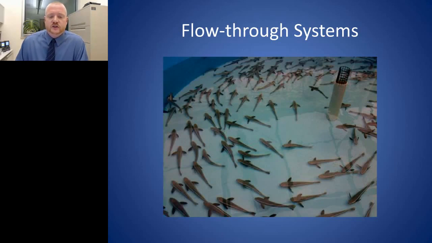This is a picture of a classic flow-through system. There'll be a video after this slide I'll show you. But in this particular picture, you can see these are juvenile cobia that are probably, if I had to guess, a couple of months old. And they're swimming against the current. As you can see, they're all kind of pointed in the same direction. The white PVC in the center is the standpipe, and what that does is that controls the depth of the water. So if you were to pull that out, all of the water will disappear.